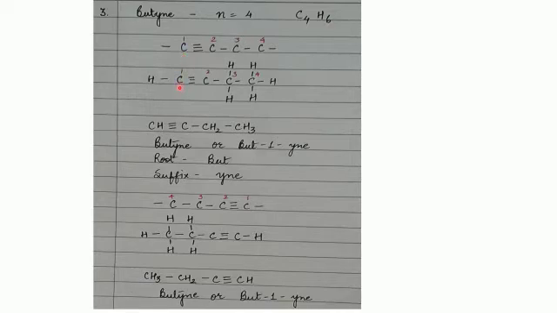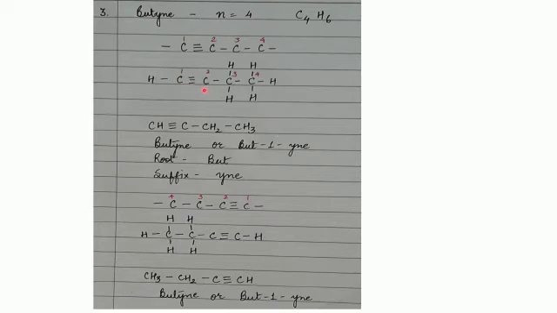We will start with the first carbon. It is forming a triple bond with this carbon here. So they are sharing 3 pairs of electrons, that is 6 electrons. So the carbon atom number 1 needs only 2. So it will form a single bond with 1 hydrogen. So this carbon has shared 3 electrons with this carbon, which has also shared 3. So this carbon number 1 is still left with 1 electron, and it will share its 1 electron with this hydrogen. So now it has got 2 plus 6, that is 8 electrons.